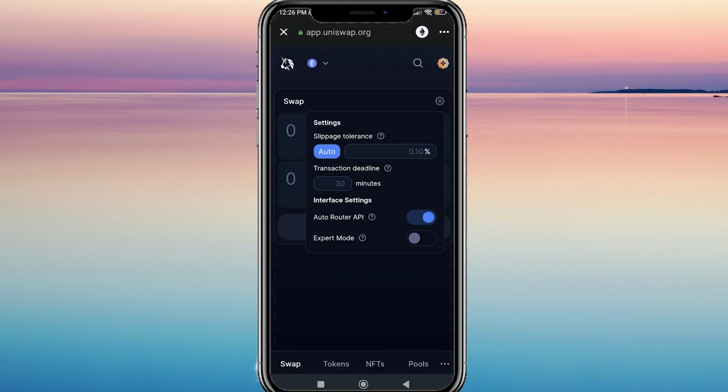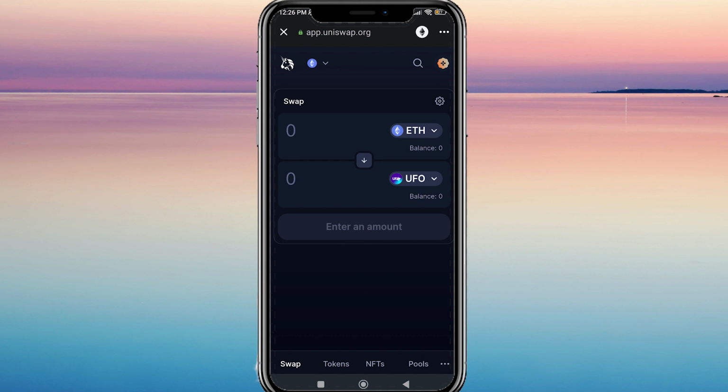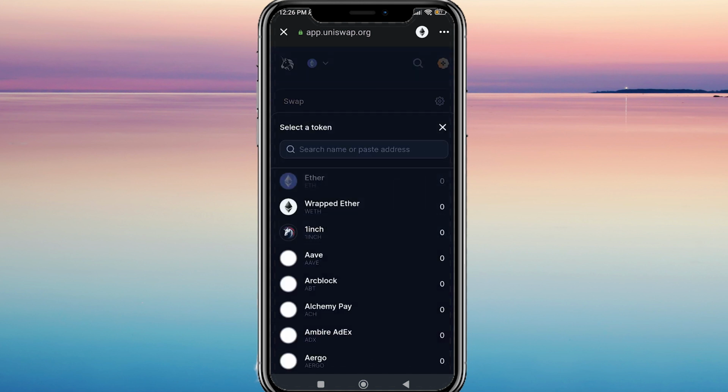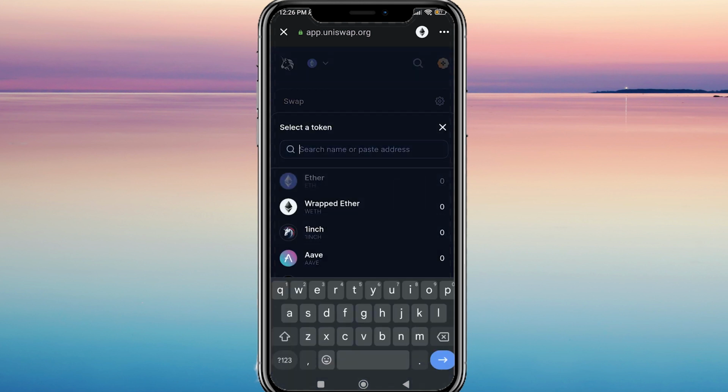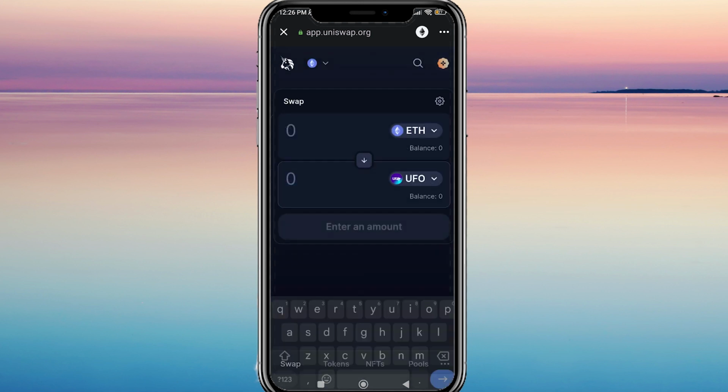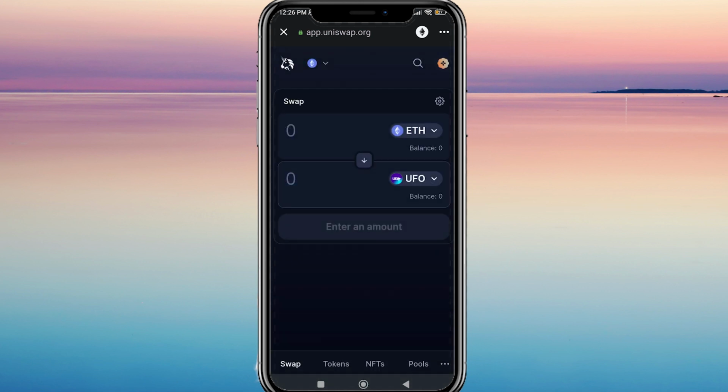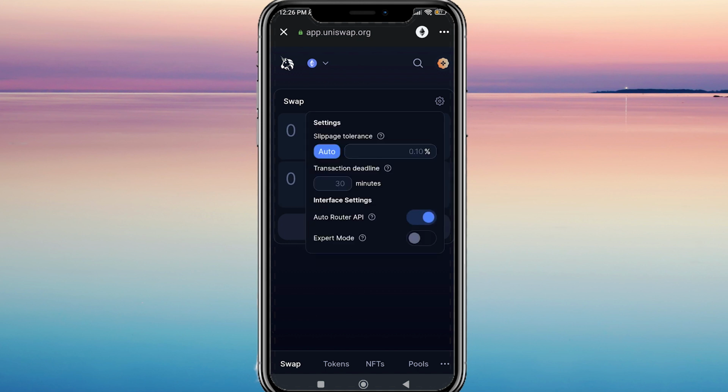Select the token, paste the contract address, and click import. Now, you need to click the settings icon here and first try to set slippage tolerance 12%, and if it doesn't work, you can increase it by 1% until it works. So you can start with 12%, and you need to set the amount of UFO gaming token you want to